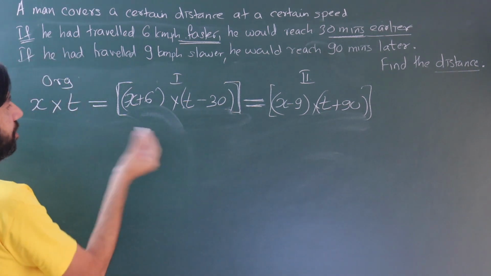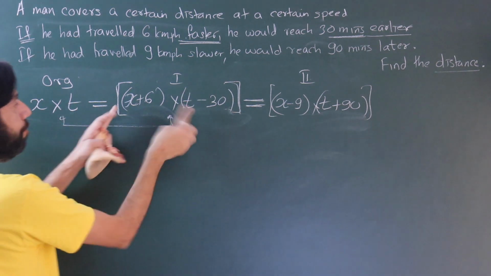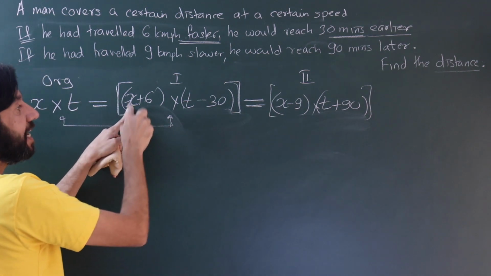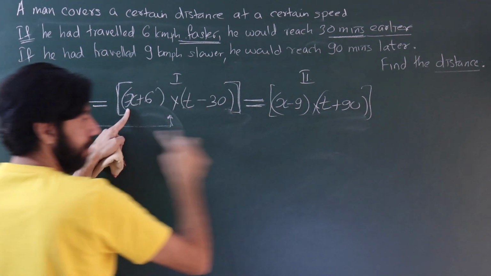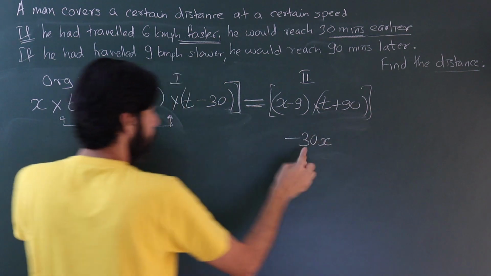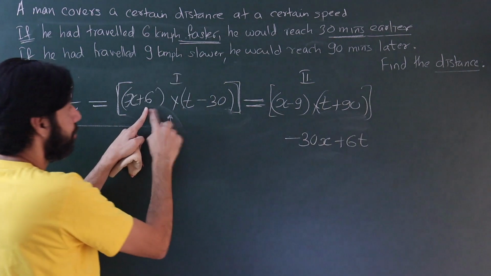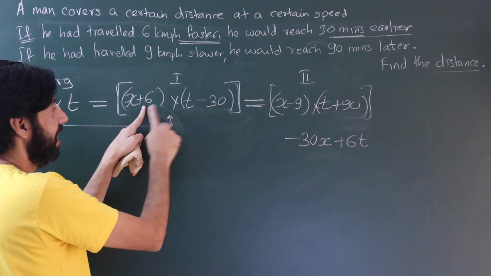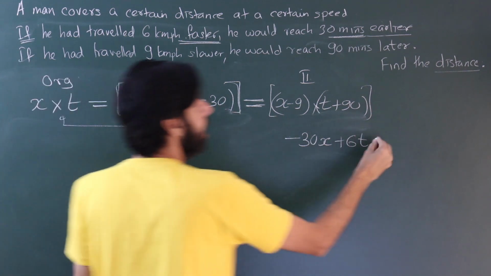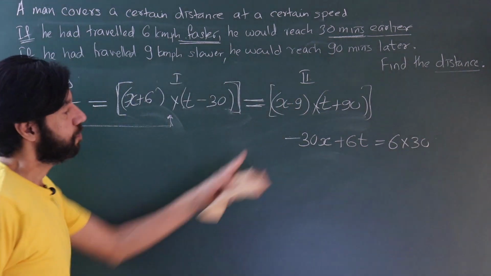Finally, now we are solving the equations. The better way to solve the equations is, take the first and the second, and when you open out xt, xt is the first thing that cancels, so I'm not writing that. Now this x gets multiplied with a minus 30, so I'm writing it here, students, right? So I get a minus 30x with the sign. The 6 gets multiplied with a t, so I get a 6t, and the product of constants is plus minus, so that's a minus 6 into 30. I'll take it to the other side, which will become plus 6 into 30. The plus sign, right? So that is the equation.